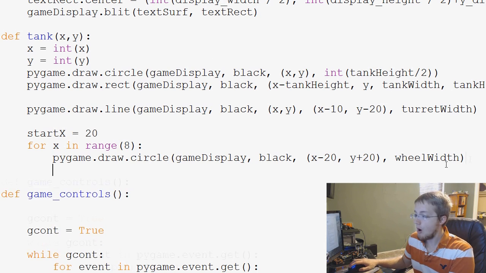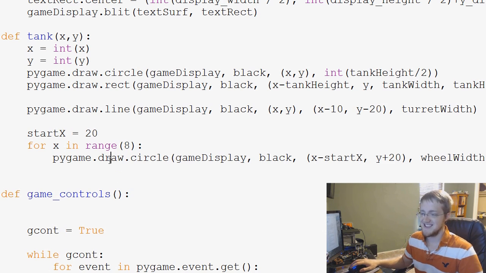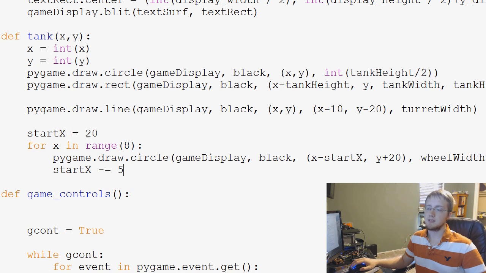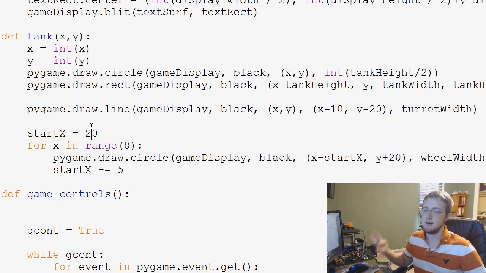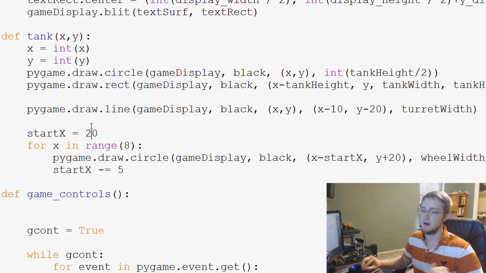And then after we draw with x minus, we'll say start x minus equals, and I guess we'll change them by 5. So each time this runs, it's going to decrease the x change by 5. So in theory, we've got 20, 15, 10, 5, 0, -5, -10. So start x probably needs to be actually